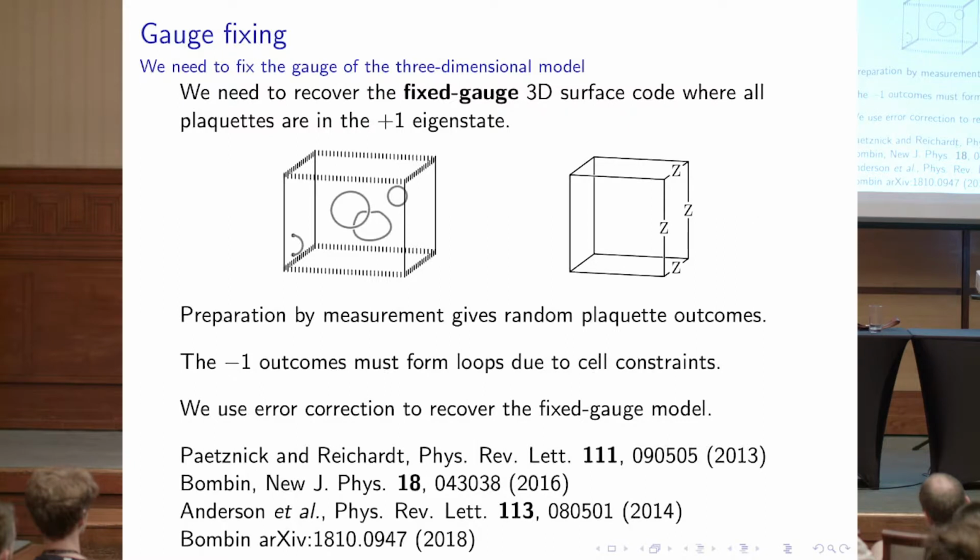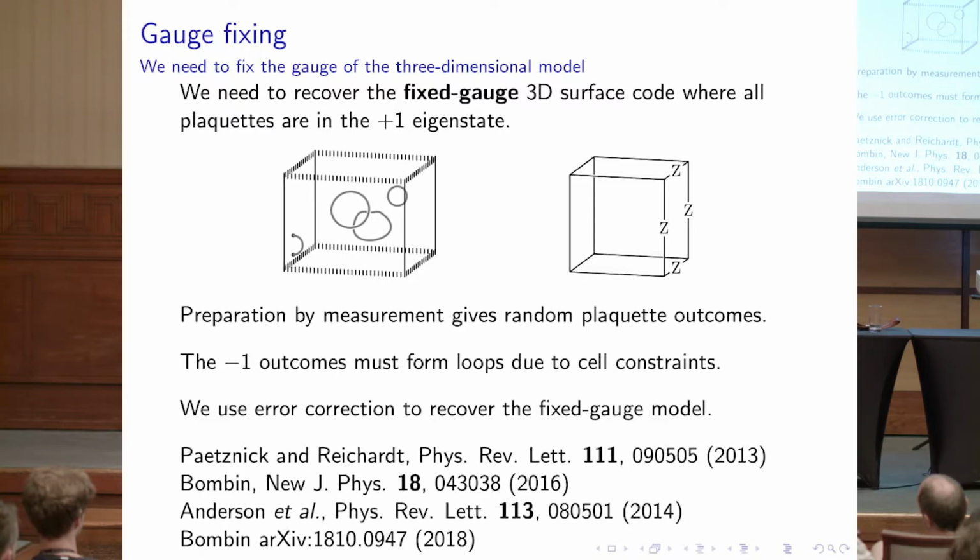Okay, so here's the thing. I said to you before that we can go from a two-dimensional surface code to a three-dimensional surface code, but that wasn't quite true. It's almost true, but it's not quite true. So in fact, if we start with some piece of two-dimensional surface code and we produce a three-dimensional surface code with that,